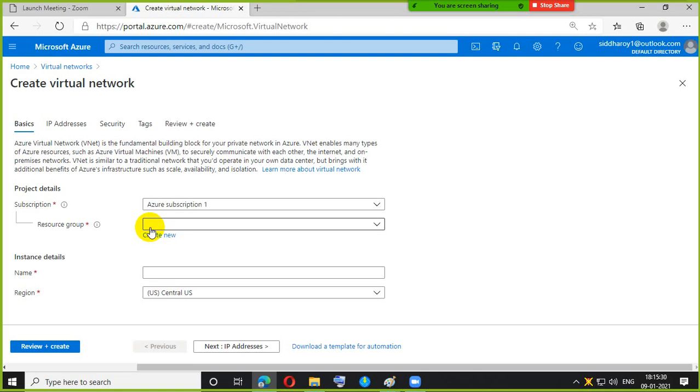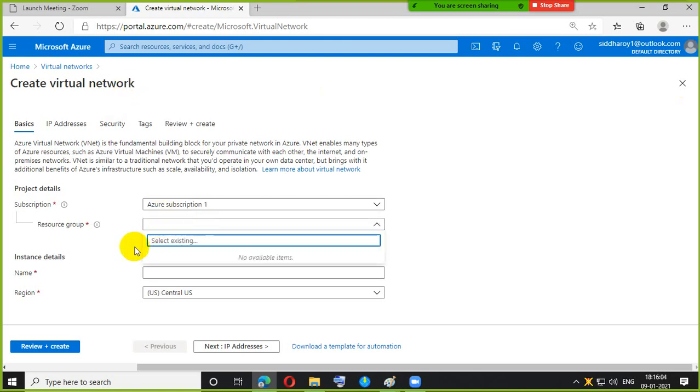Next we need the VNG, the virtual network gateway, and after that we need to create two self-signed certificates, one for the root and one for the client. After we create the self-signed certificates, we have to download and configure them on the VNG, the virtual network gateway, and then I'll try to reach the virtual machines over the private IP address. Clear? This is our practical. Let's start.